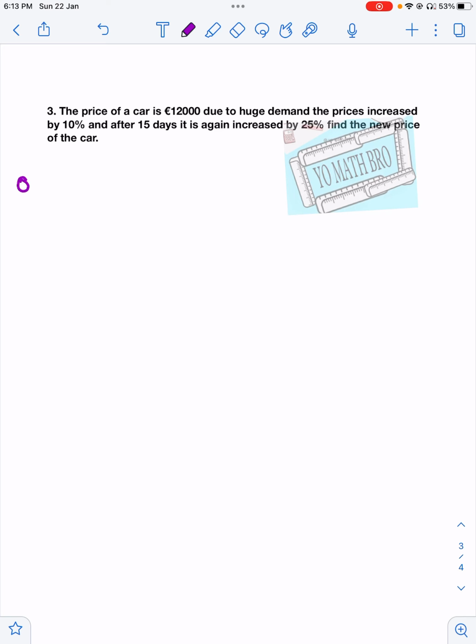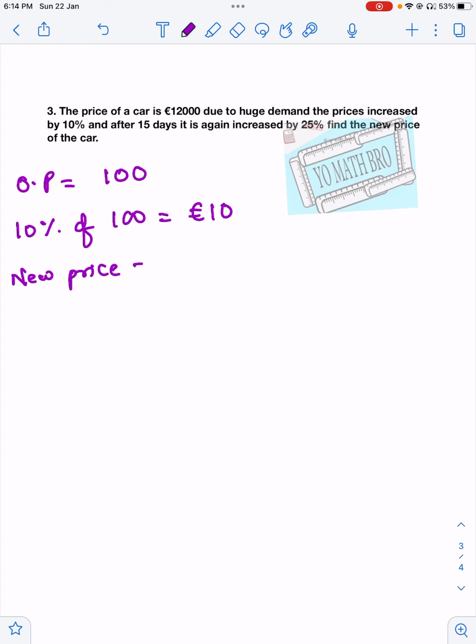Let the original price be 100. First criteria, it increased by 10%. So 10% of 100 is €10. So my new price is 100 plus 10, which gives me €110. Now what happened after 15 days? After 15 days, due to huge demand, the price again increased by